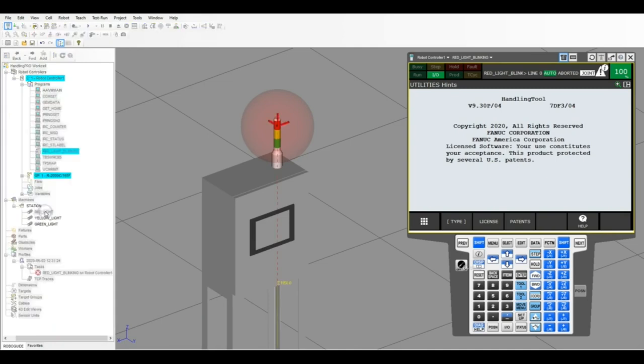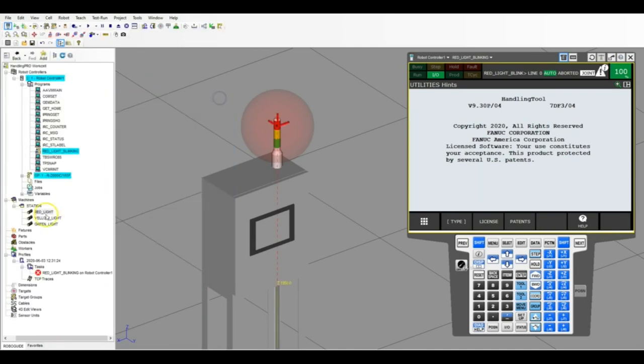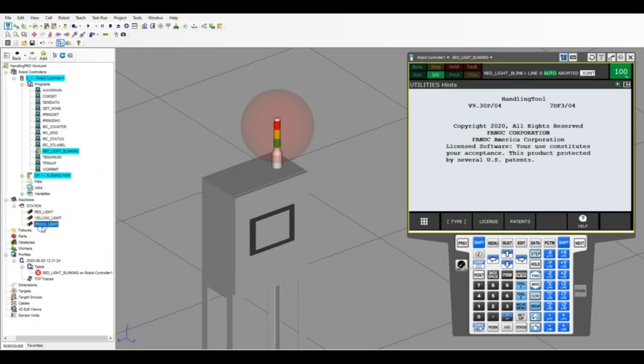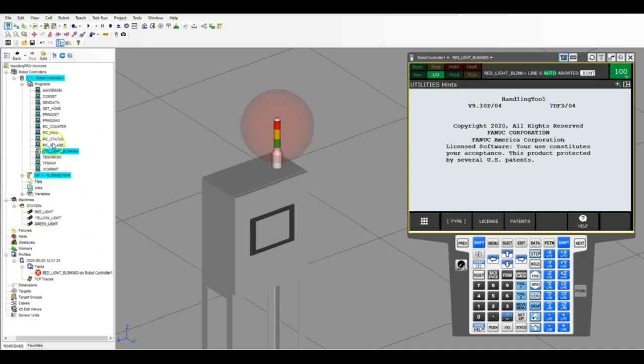So let's go red light. This should be digital output number 1. Let's go yellow. This should be digital output number 2, on, off. And let's go to green, and let's change this to digital output number 3, on, off. So now that we have all those correct, what we can do is copy this program,